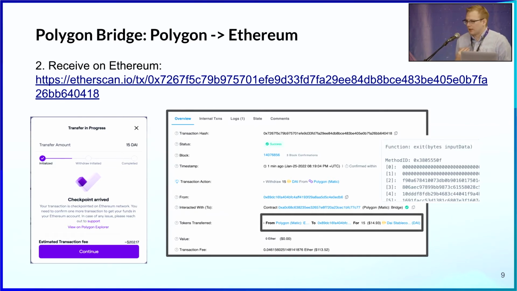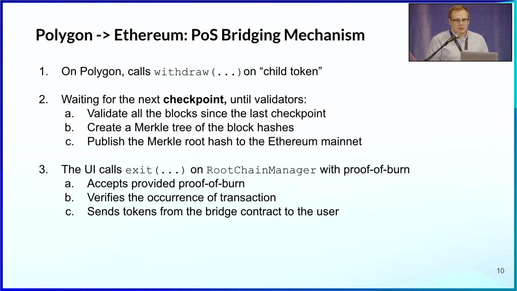So if I want to withdraw my DAI that I've now sent back to the Ethereum main chain, well, I've got to make an Ethereum main chain call. Naturally, that costs gas. Why that's important is because we'll see some other chains, or some other bridges, that don't necessarily do that. So in particular, the steps for taking our DAI out of Polygon and back onto Ethereum: